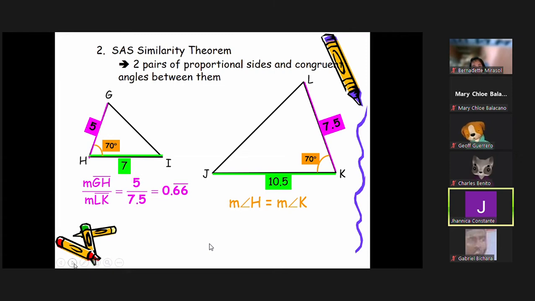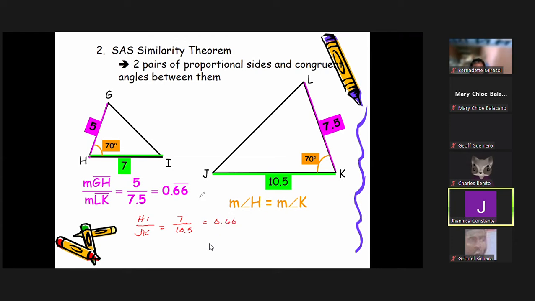So let's see if we have the same proportion, which is equal to 0.66. So side HI corresponding to side JK, which is 7, divide 10.5. The proportion of these two corresponding sides is equal to